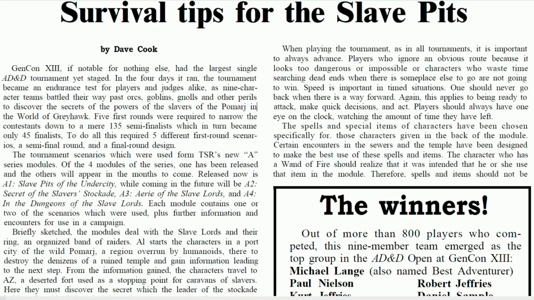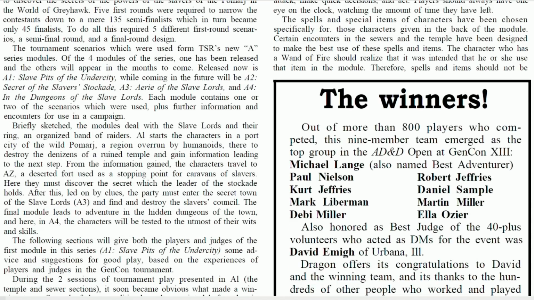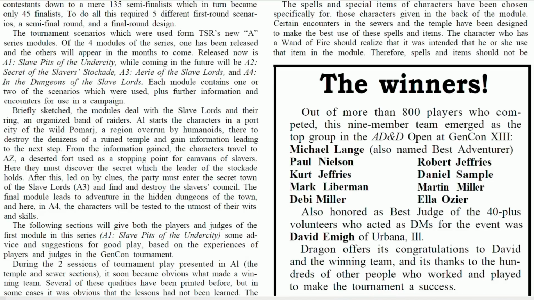And again, we're going to get to the details on where that's located in a second here. The first 5 rounds were required to narrow the contestants down to a mere 135 semifinals, which in turn became only 45 finalists. To do all this required 5 different first round scenarios. We talked about all that. So then he says these are all going to be published, and he tells you how they're going to be published. Now, what's interesting is at the time of this article, they thought that module number A3 was going to just be called Eyrie of the Slave Lords,